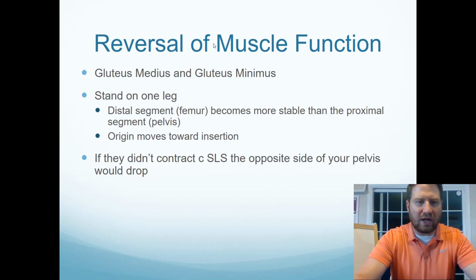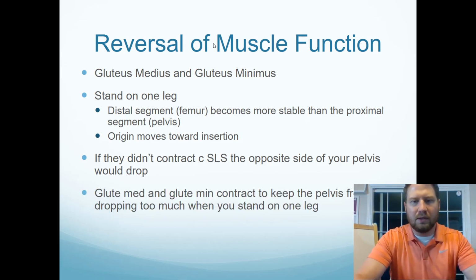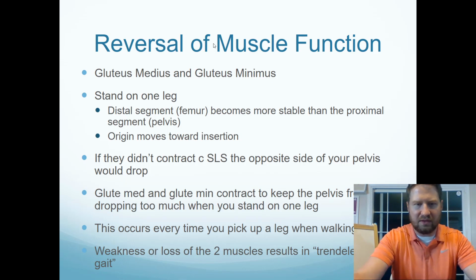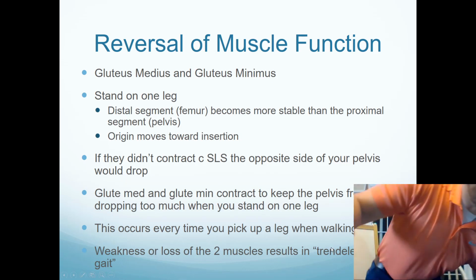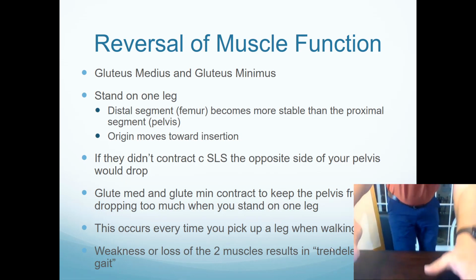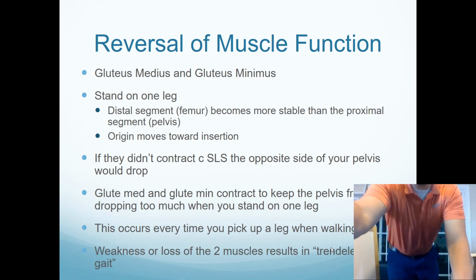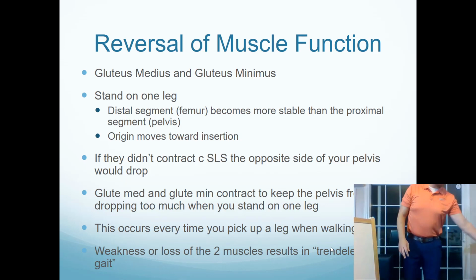If it didn't contract with single leg stance, the opposite side of your pelvis would drop, and we call that the Trendelenburg gait. If I'm walking, and we did this in lab, so I'm gonna redo it and see what happens. Okay? So if your gluteus medius and minimus are weak, when you stand on one leg, you're gonna get what